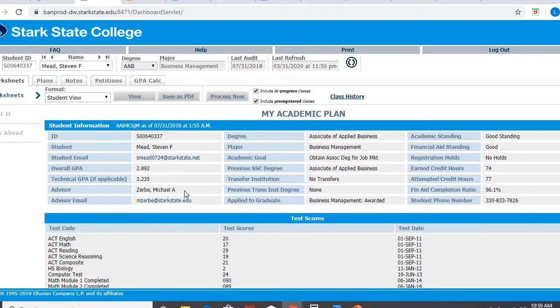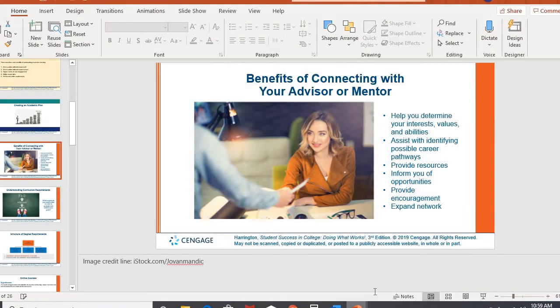It has your advisor. Some of you may have two listed because you might have a career coach, a success coach, and then they have their advisor email. That's probably the easiest and best way to get to know who your advisor is. You're always welcome to go to the Gateway Center or the Returning Advising Center, but you're going to want to see who that main advisor is that you've been assigned to help you through.